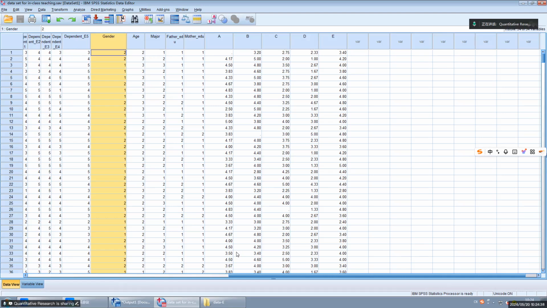In the dummy variable for male, all males are labeled as 1. All others will be labeled as 0.